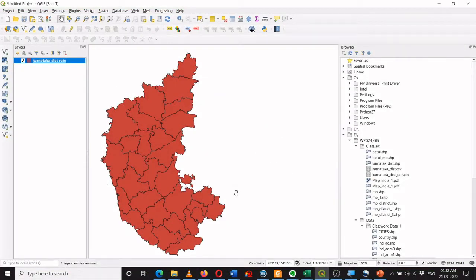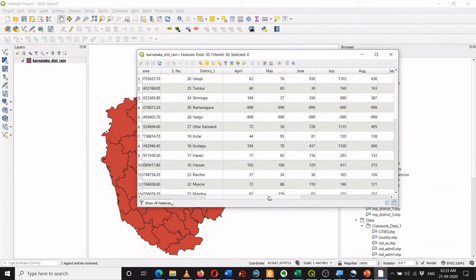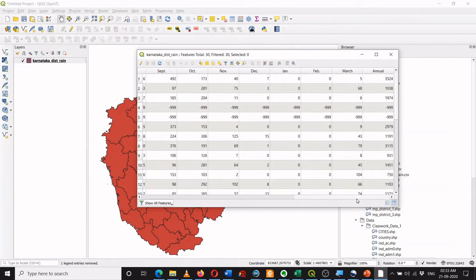Hi, in this video we will see how to produce colorful maps based on the data available in the attribute table. So right now I have this map indicating the districts of Karnataka, and as we prepared in our previous video, I have the attribute table which consists of the monthly rainfall for a given district.